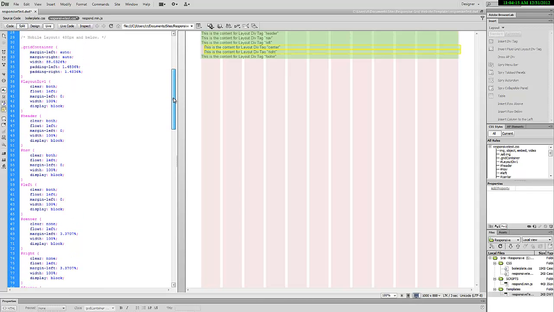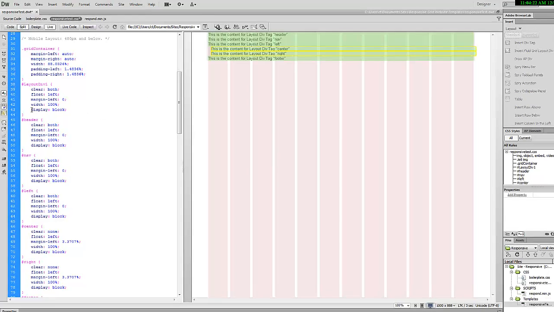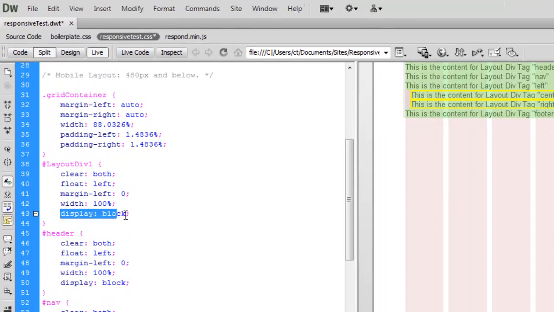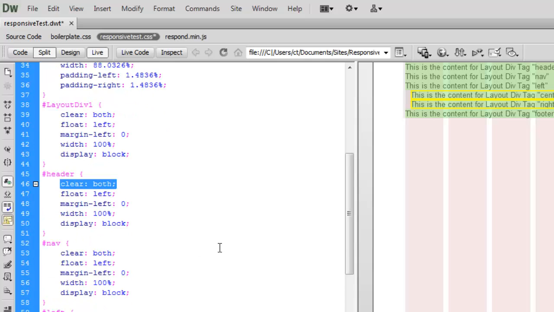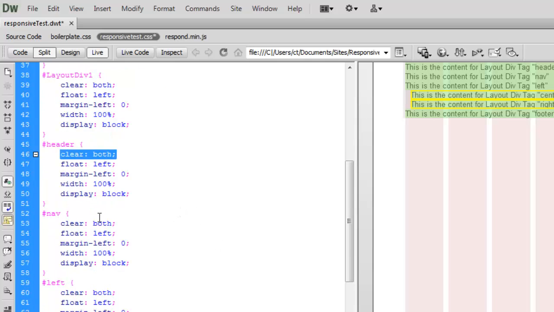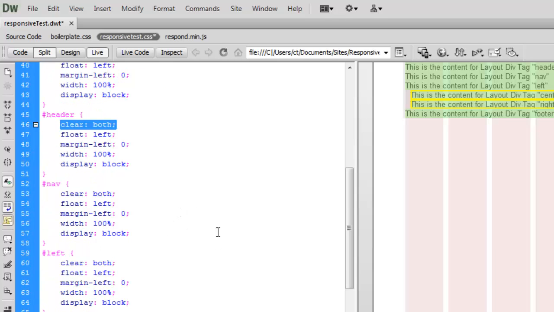And because all we're really establishing is block level elements at this point, they give each of those the property of block. So there's header. It's got clear both, float left, margin left 0, width 100%, and display is block. So that's the basic rules that have to be in place for this: clear, float, margin, width, and display. Nav is identical,